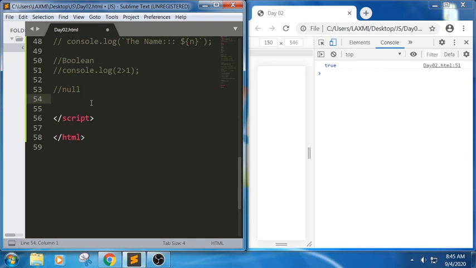It means it doesn't refer to anything, or it is pointing to a null pointer, like in the C language. But here null means nothing. It means empty, or the value is unknown.